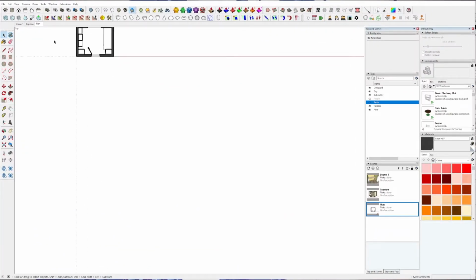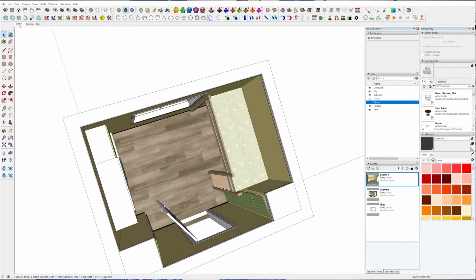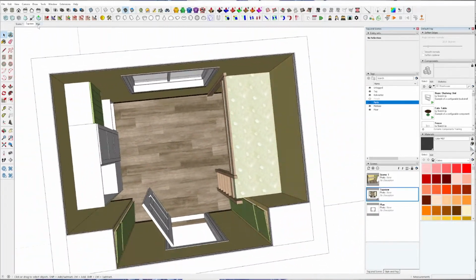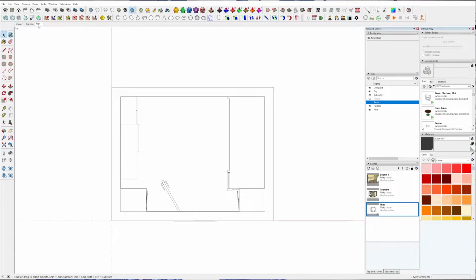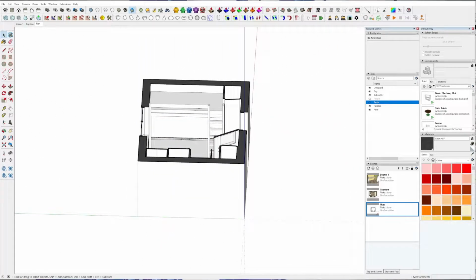Cool. So, what do we got now? We got our scene. We got our top view. We got our plan. And what we're also going to do, which you can create as many of these images as you want, but one image which can be quite practical in the case of making this bed, I also want